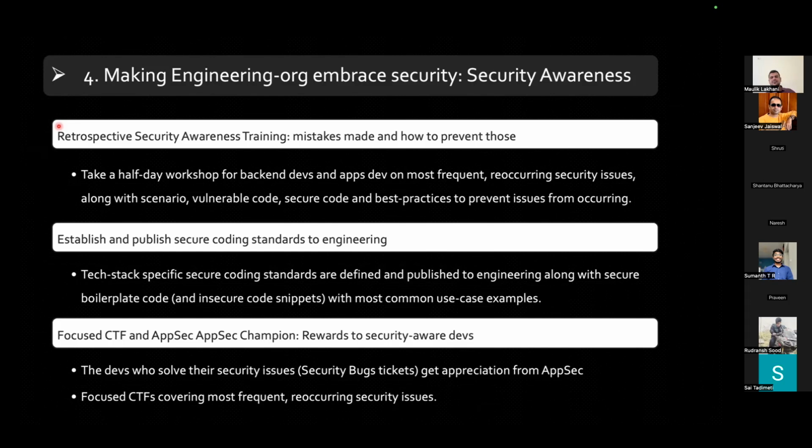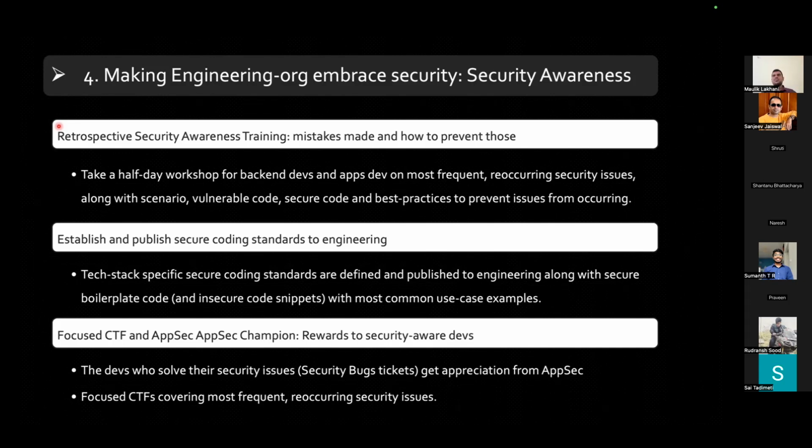And you tell them how you found that security issue, why it was a security issue in the first place, what the scenario was, what the vulnerable MR was, what the secure code MR looked like after fixing that security issue, and what the best practices are to prevent issues from occurring.